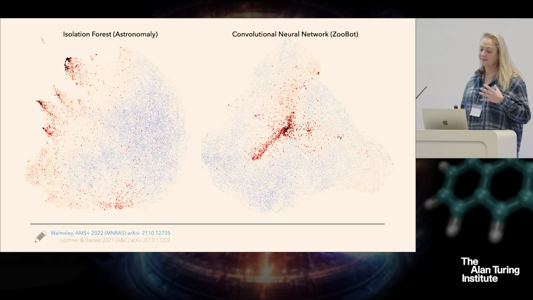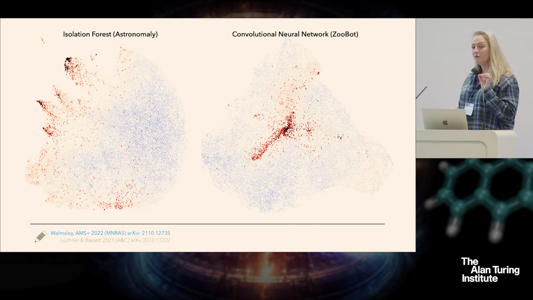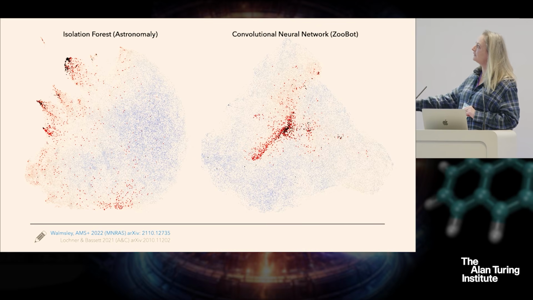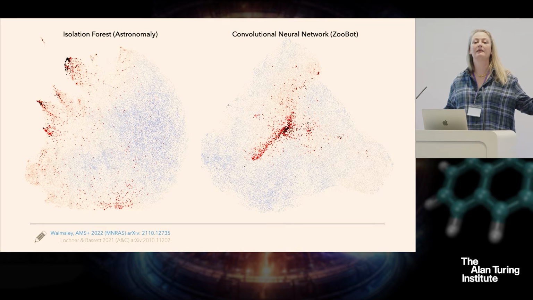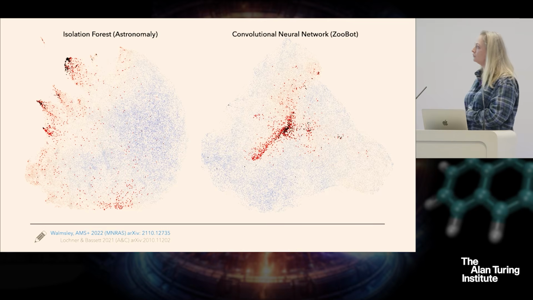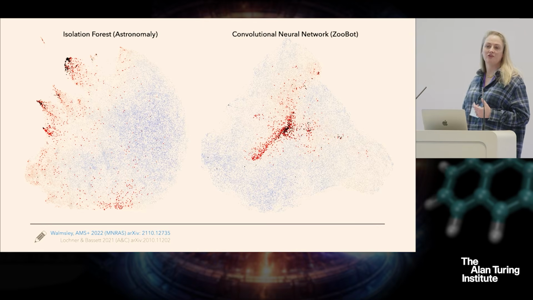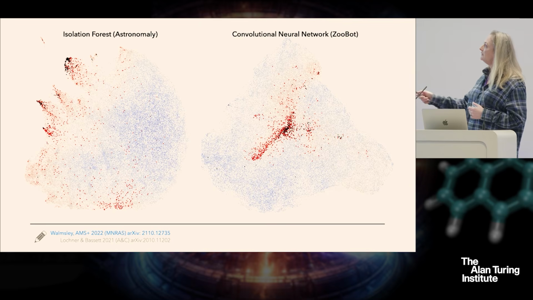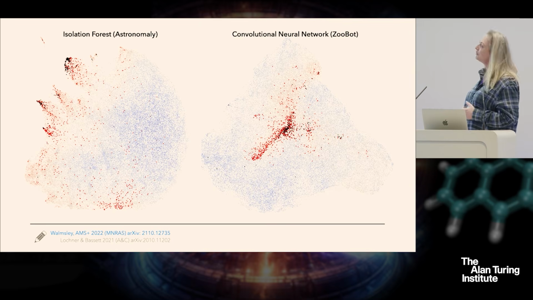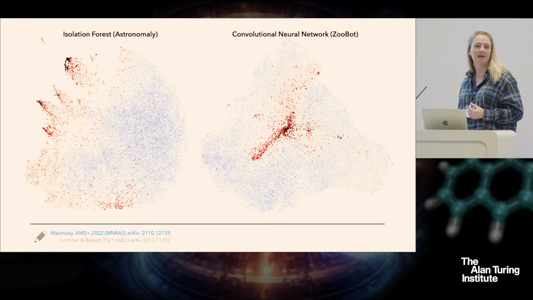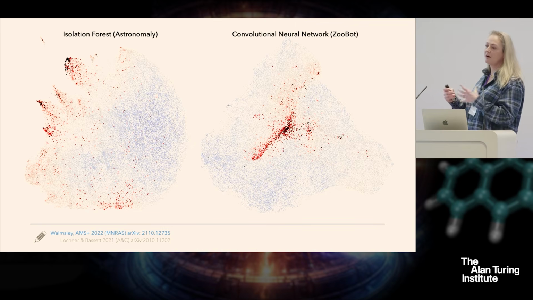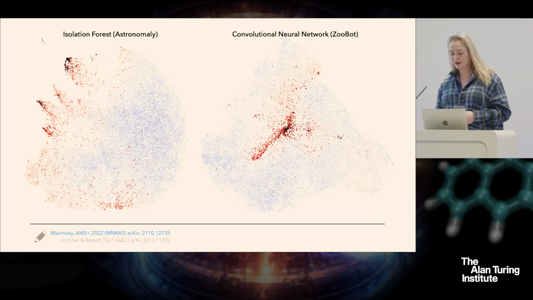Now, just as a slight aside to that, if you design a model specifically to look for odd galaxies, it doesn't do the same thing. So this is a kind of model designed to look for odd galaxies. It's called an isolation forest. It's designed to isolate strange examples of whatever kind of data you're showing it. When you design a model to look for strange things, it puts those strange things at the edge of the representation. Now, this is absolutely fine. It can help you find them. The problem with it is that it's very difficult to navigate around the edge of a representation. And so having this kind of cluster makes finding more of these examples easier. And it allowed us